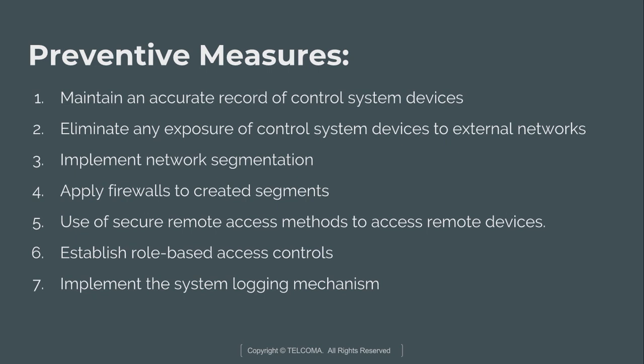Next, we can apply firewalls to the created segments. Applying a firewall to the created segments restricts access to the different segments. A firewall is a software program or a hardware device that filters inbound and outbound traffic between different parts of a network, or between a network and the internet. The firewall reduces the number of pathways into and within the network and implements security protocols on the pathways that exist. So a firewall makes it much more difficult for a threat or attack to enter our system and gain